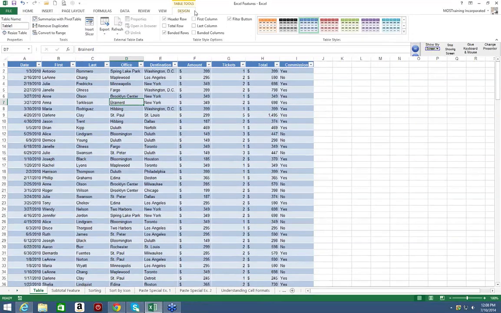So as you look up at the top of my screen, here's the design ribbon, but it says Table Tools just above it. So there's one ribbon devoted entirely to working with this information as a table. So let's start off with one of the perks that you have in place beyond the fact that it's a lot more eye-appealing now. If you look at my column headings, date, first, last, etc., they now have a filter on them. So that's one of the other benefits, is that it converted it so that you would have a